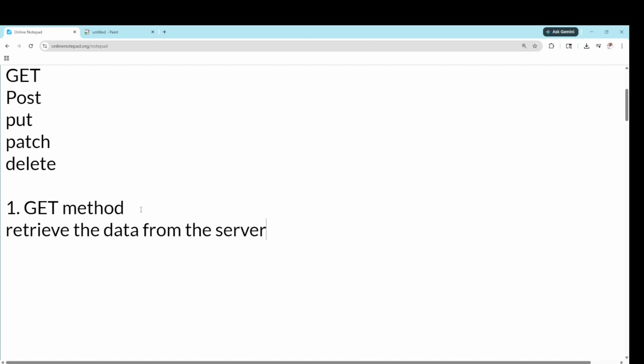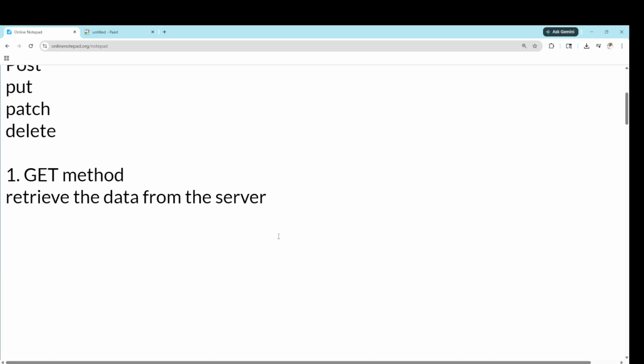For example, getting users, getting products, getting a blog post. Like you can say get slash users, for getting the users.